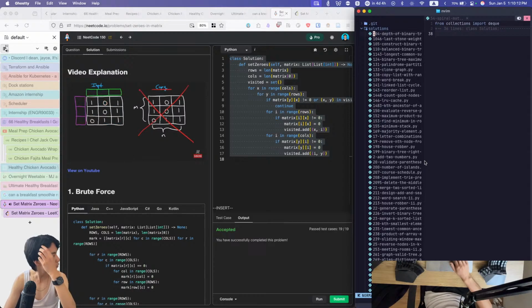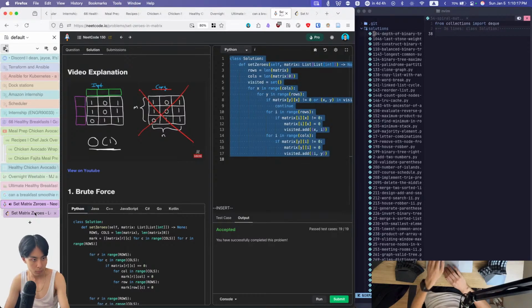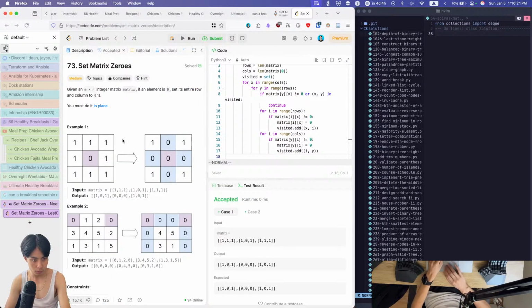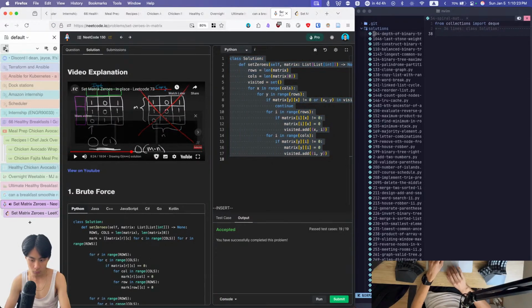Now, my only question is, can we get a O of 1 memory solution? We know the best time complexity we can do is M by N, because we do have to iterate through